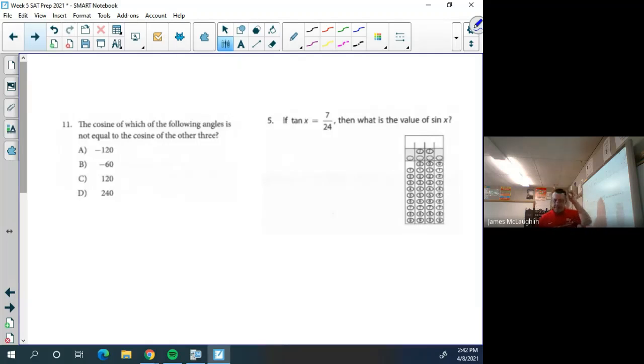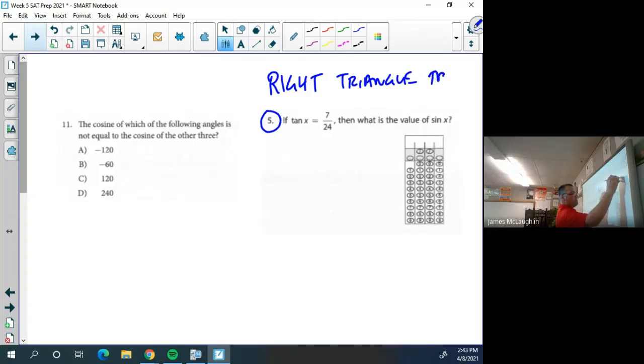All right, two last problems here for our additional math concepts. Another connection about spatial relationships with trigonometry. I like to go to number 5 first. Again, we like to call this right triangle trig. If I tell you that an angle measurement has a tangent value of 7/24, first thing I would do is